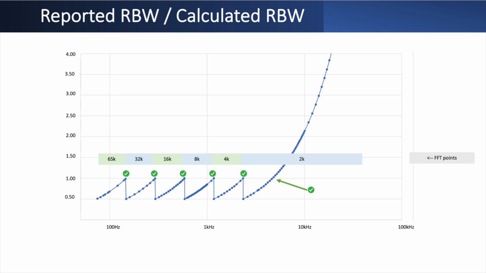Then as we go further, it starts to report higher values until we come to a point where the scope is about to switch from 65k points to 32k points. At that point it is still exactly the same as the predicted value, and then it jumps back to only half of it. It grows again. At the moment it would jump from 32k to 16k points, it would drop again to a half, and a number of times that pattern is being repeated, and then basically the last time for the